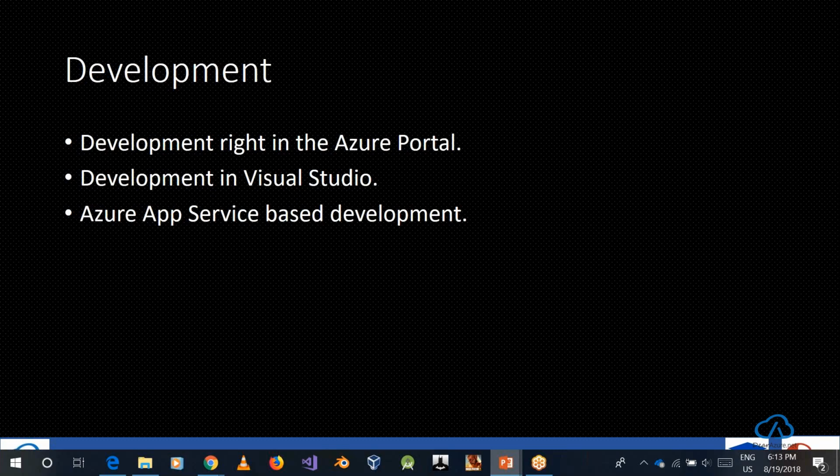My recommendation for the development of Azure functions is development with Visual Studio, because Visual Studio gives you IntelliSense. It gives you the ability to debug the functions before testing them on the portal, because each request that you send will definitely be counted against the quota that you're going to get. And likely, if you just want to change something like the message that is printed, you can just do that from the Azure portal straight away.